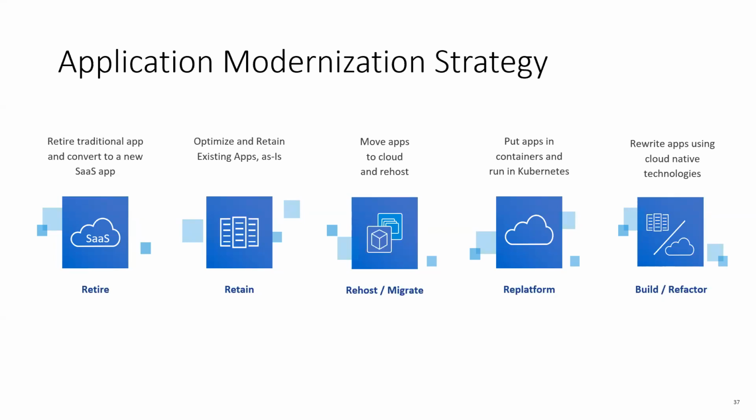for a newer application. Then there are options like some of them may not be convertible. For example, you may have some database or your Active Directory or things like these, which are very much integrated in the ecosystem, and possibly they cannot be converted. So we are just going to run those applications as is, more or less retaining the application. Some of them, maybe you may want to rehost them. Like, for example, they may be running in your environment and you may think that they may need to run on a cloud or a different environment, and maybe they're suited to run. You may want to move to a different platform.